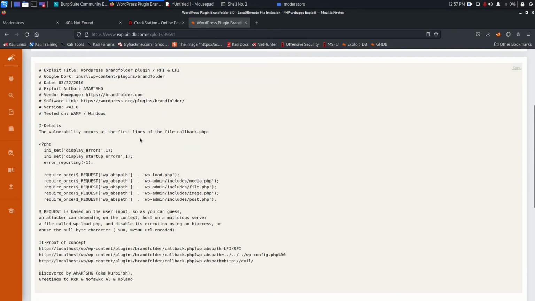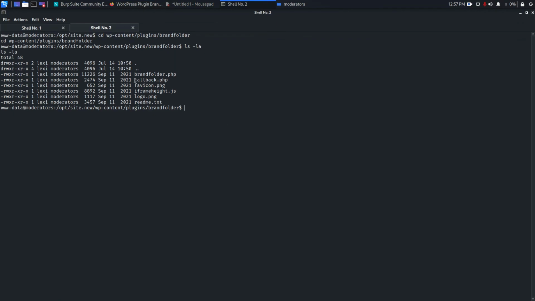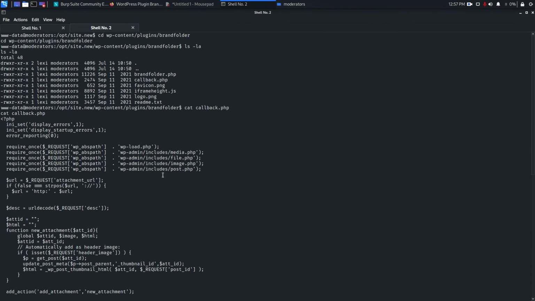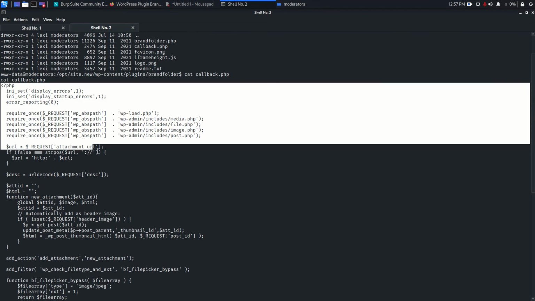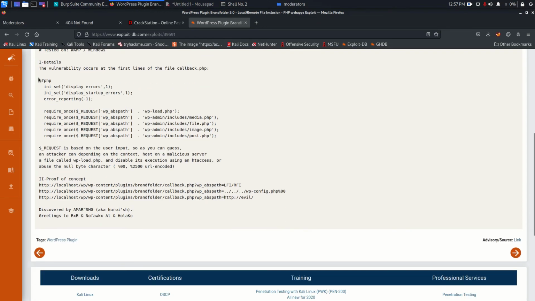What this exploit is all about is this vulnerability occurs at the first line of the file callback.php, which we have here. Let's see what's inside callback.php. This is the file. Okay, and you can see this file is very similar to our callback.php file, and what it's using